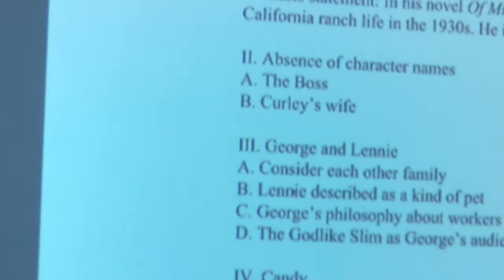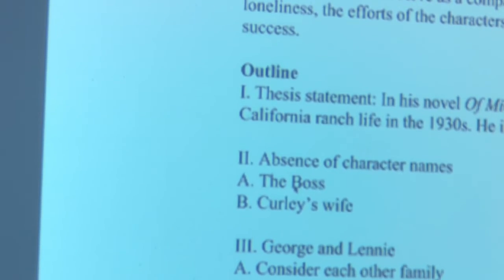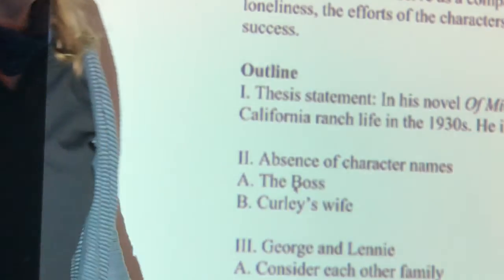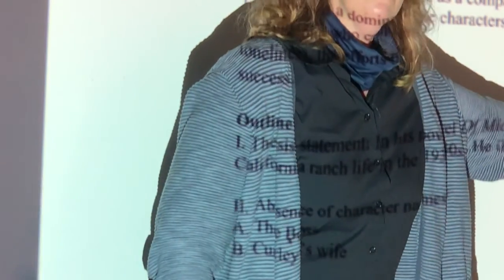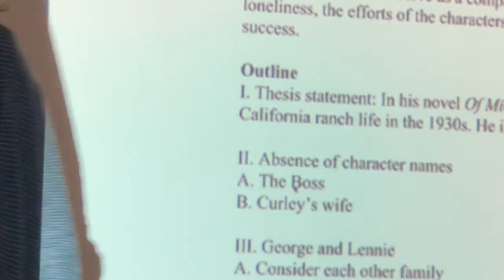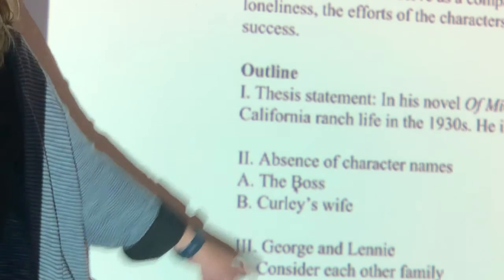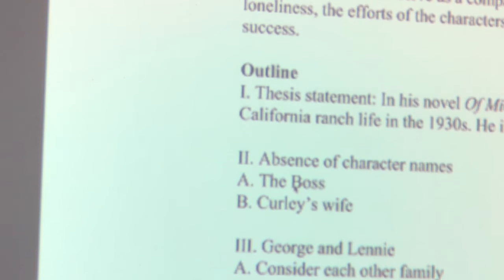Can we go ahead and not begin our very first sentence of our first official paragraph with "the"? All right, Bo, you're right. In our thesis statement, you already have mentioned that we are doing the book Of Mice and Men, and that the author is Steinbeck. What about his first name, John? We can mention that now if you'd like. Our very first sentence needs to say that there is an absence of character names in Steinbeck's novel. Ooh, I like that. Seal it.